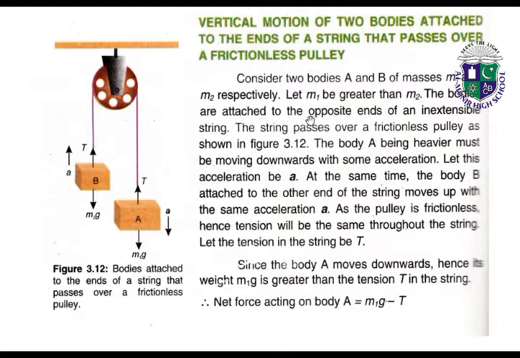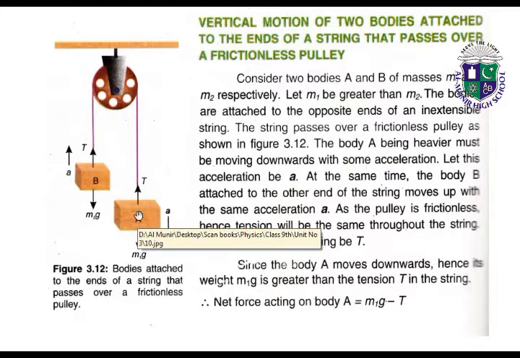The bodies are attached to the opposite ends of an inextensible string. So both bodies are attached to the opposite ends of an inextensible string. The string passes over a frictionless pulley, as figure 3.12 is showing. A body A being heavier must be moving downward because body A has more mass than body B, so it will pull and it is heavier. So body A is heavier, so it will move